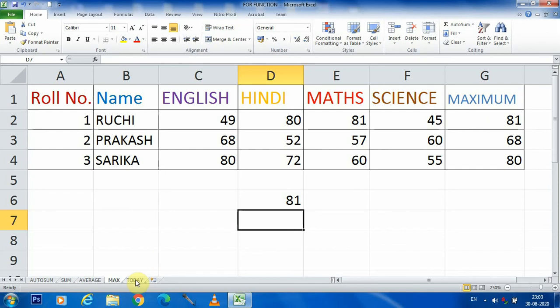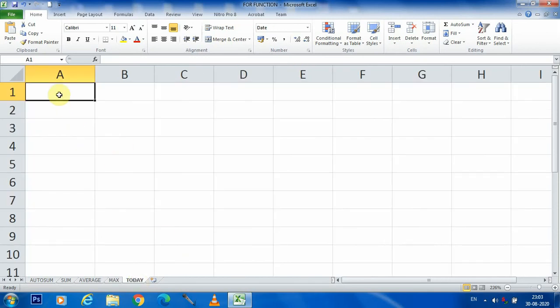Now we are coming to the last one, that is Today. It doesn't need too much data, because the work of this function is to return the current date. So what is the date today? We type the equal sign, Today, and then an opening and closing parenthesis.